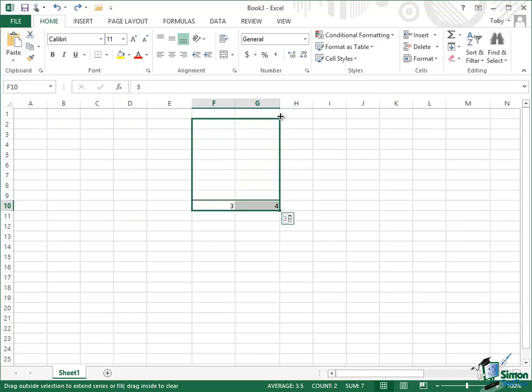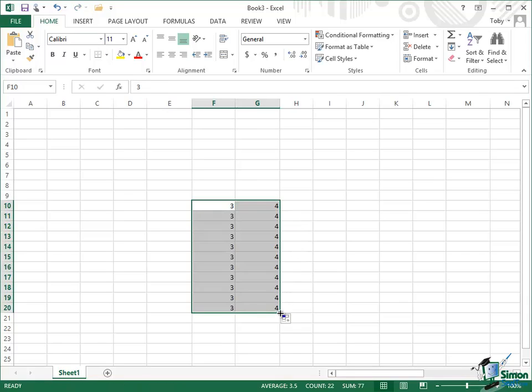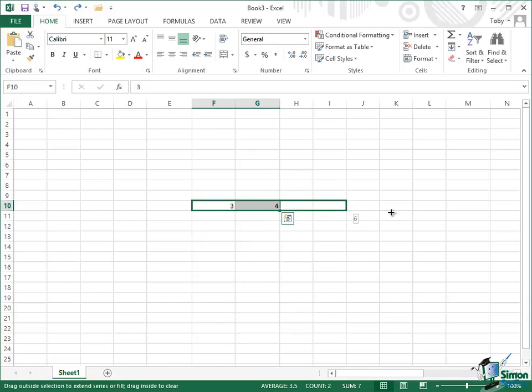What do you think would happen if we fill upwards? Well, in an upwards direction, we only have one number in that cell, G10. So given that we've only got one number in G10, a 4, when you fill up, you just get another 4 in every cell. Similarly, the 3s, a 3 in every cell. That should enable you to work out what happens if I fill down. Pretty much the same thing. Undo that. And then if I fill right,